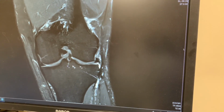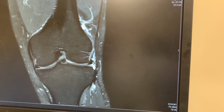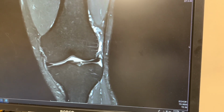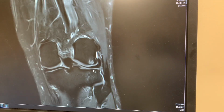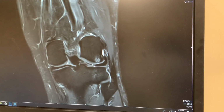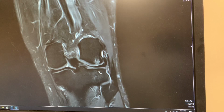You see that? Where it should be underneath you here, which sometimes means that it is torn back toward the root here, but we don't see a tear there. But if you end up doing surgery on this, we'd be careful to look back here to see if that's torn. Sometimes we put stitches to try and drag that back down in again. Okay. But they don't view it as